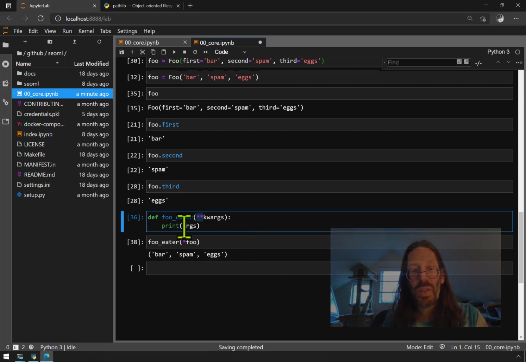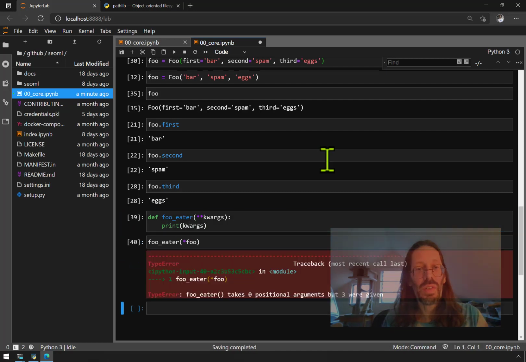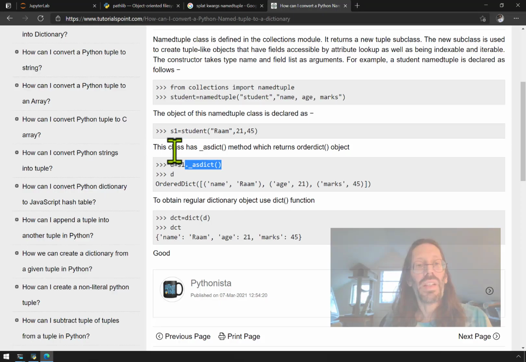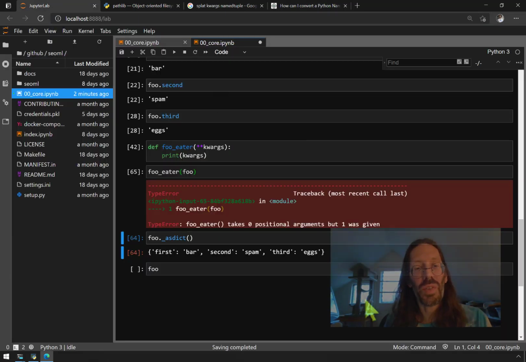You'd put 2 asterisks there, and now you can print kwargs, and what comes out is an error. It takes 0 positional arguments, but 3 were given. This class has the built-in asdict internal thing. Those underscores sometimes mean you don't use it, but it's there, and it'll turn foo into a dictionary and make